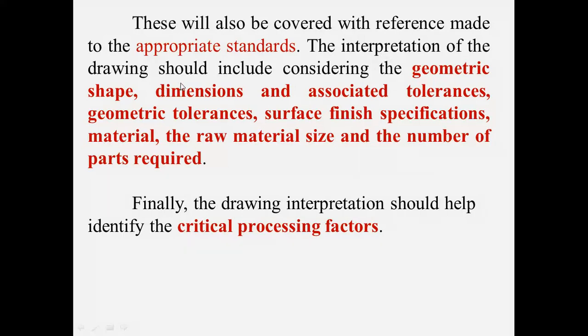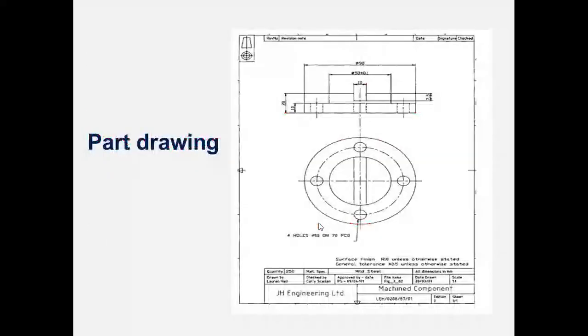The interpretation of the drawing should include considering geometric shape, dimensions and associated tolerances, geometric tolerances, surface finish specification, material, raw material size, and the number of parts required. Finally, the drawing interpretation should help to identify the critical processing factors. So this is a simple part drawing